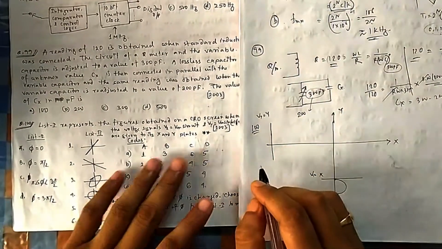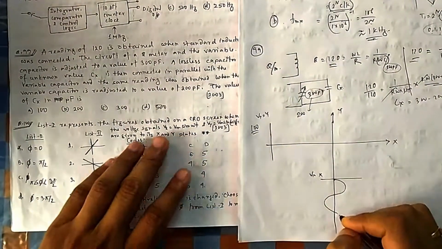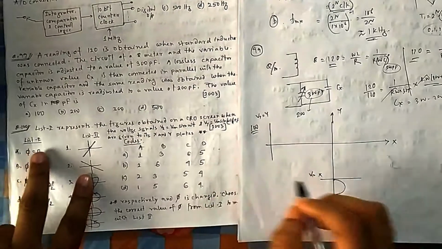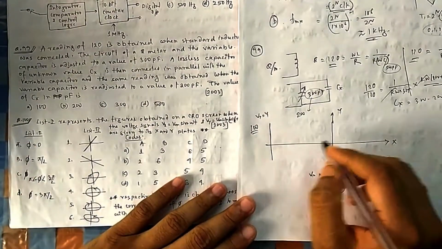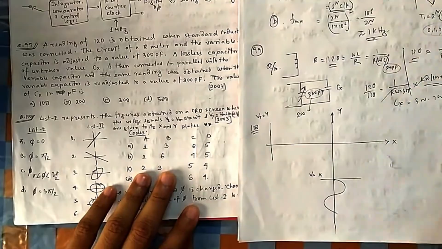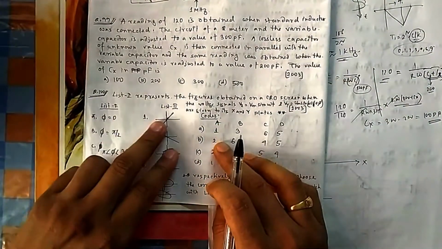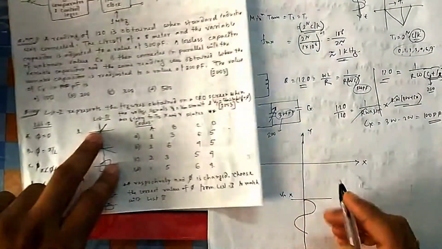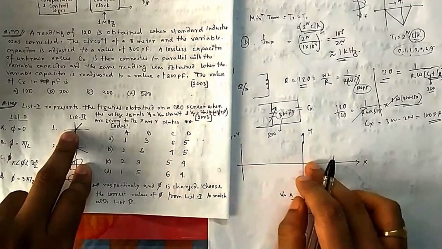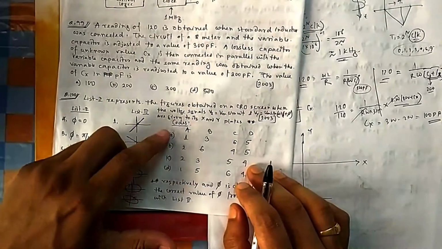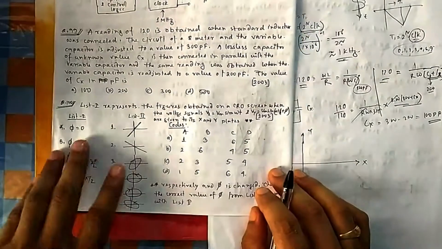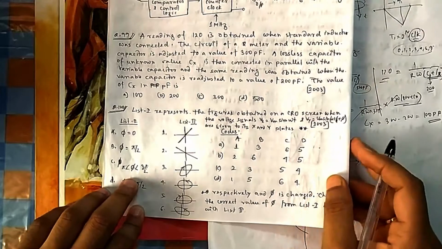If you do the first one, the first one is phi is 0, so A. This one you know already, because phi is 0, it will be a straight line. This one we have already seen in lots of other examples. If it is the same signal you are giving, obviously A should be equal to 1, because it will be the same signal, whatever height X takes, the same height it will take. So obviously the option will be A or D, either of these two. Now you check for pi by 2, for 90 degree, or 3 pi by 2. Pi by 2 and 3 pi by 2 both are the same. One is 90 leading, one is 90 lagging. Both will give you the same answer.